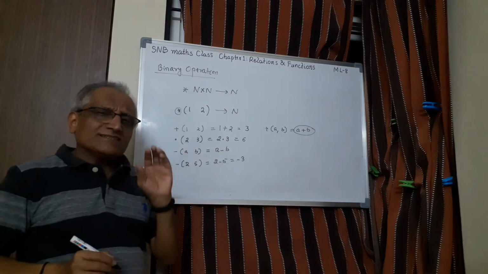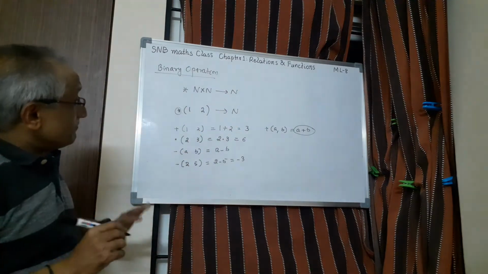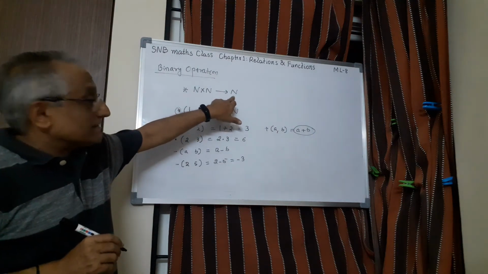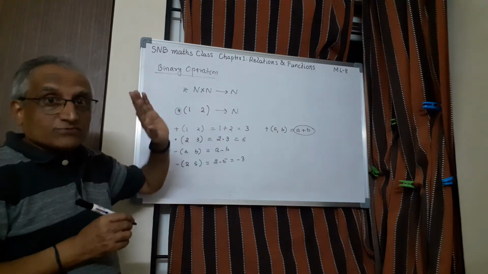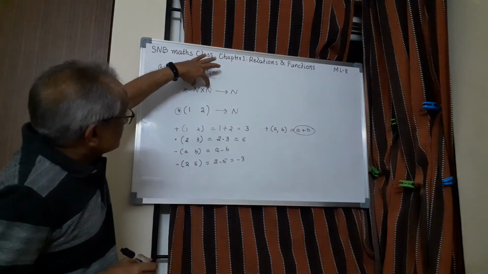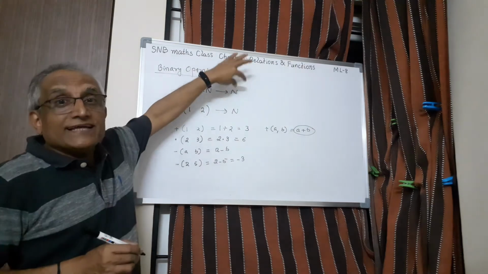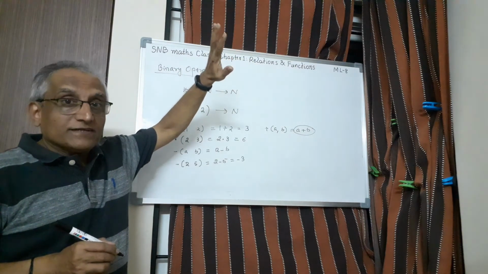Therefore, binary operation is very, very simple. Of course, the symbol we are using is the cross product for the domain, and here it is a single set actually, N, without cross product. After the operation, the element should go here and it should be here only, then it is called a binary operation.